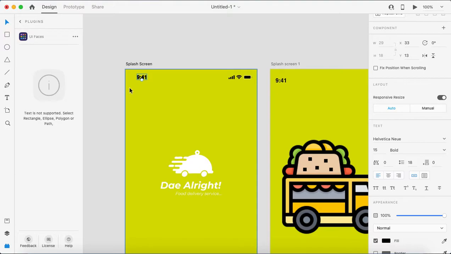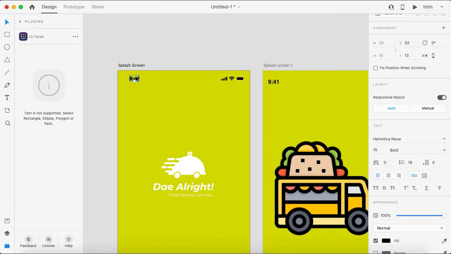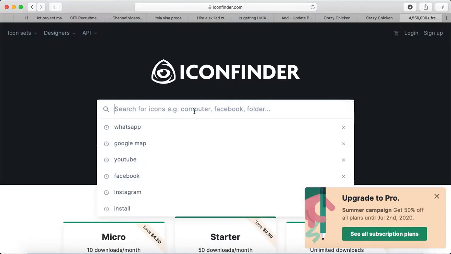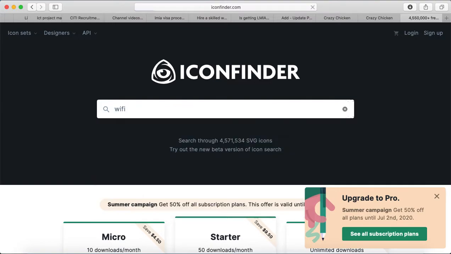Okay, so now, what we'll do is make the date and timer which you have made. Now we want to find the icons for network, Wi-Fi and battery. So as I said, there is a best website called iconfinder.com. We'll open iconfinder.com and search, for example, Wi-Fi.